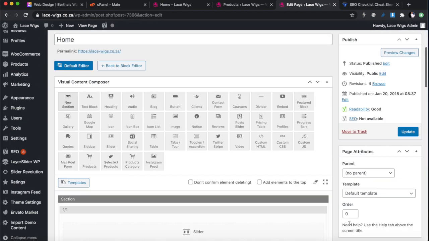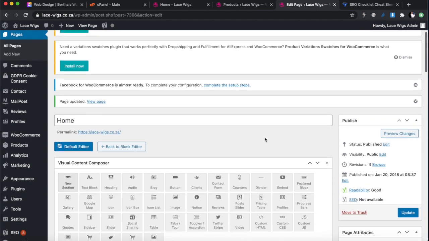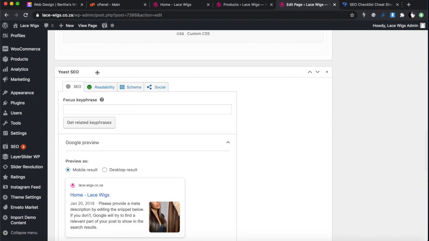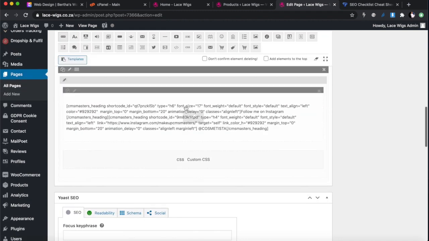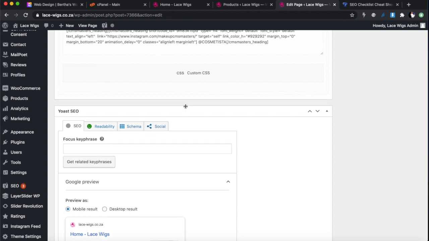And once you've updated that, remember to design the SEO of this page like you've designed the product page SEO, the way I showed you: your title, your featured image, everything on this page. And you can do the readability and the SEO the same way I've done that. You can do this for each and every single page of your e-commerce store. I'm not going to do this now, but you need to do it.